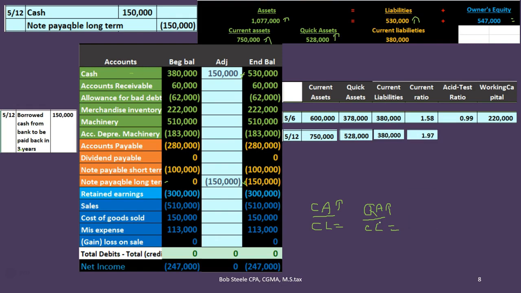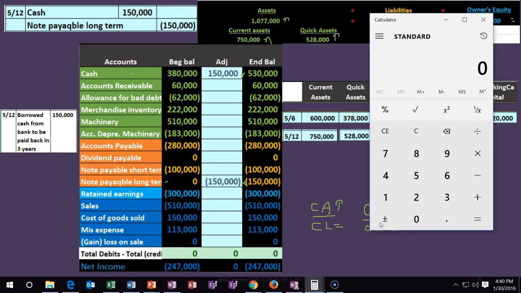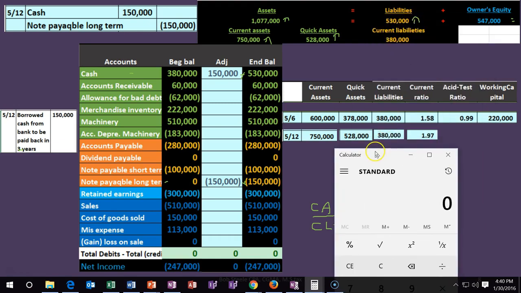Looks like it's going to have a positive effect on the ratios. Let's see if we do the calculation, if we come up with the same thing here. We're going to say the current assets are now 750,000 divided by the current liabilities, which are the 380,000. So now we come up with 1.97. So we're now better off, meaning we can pay off our liabilities 1.97 times over